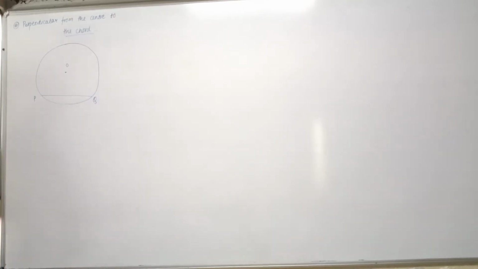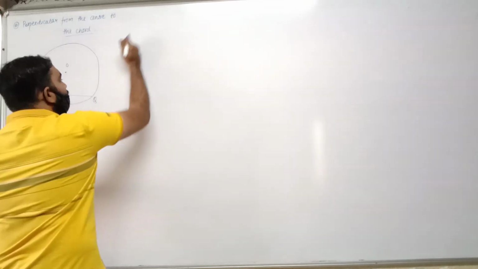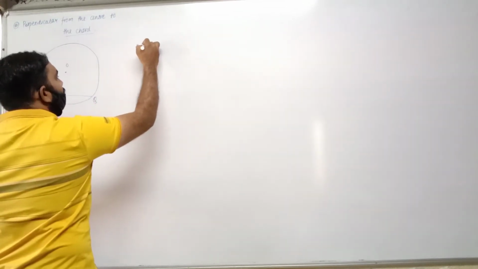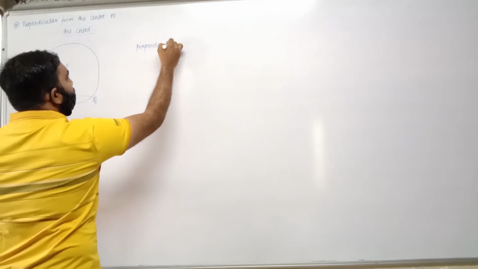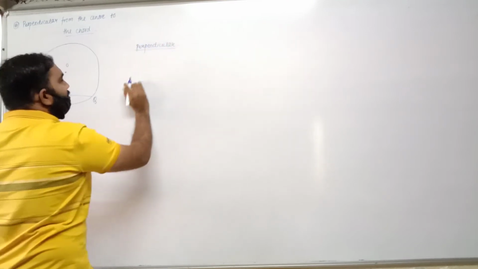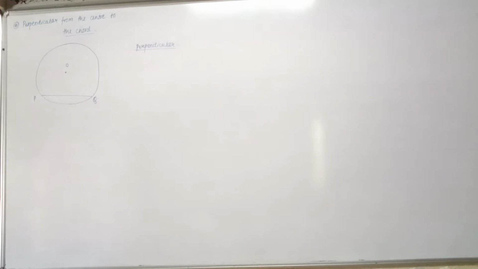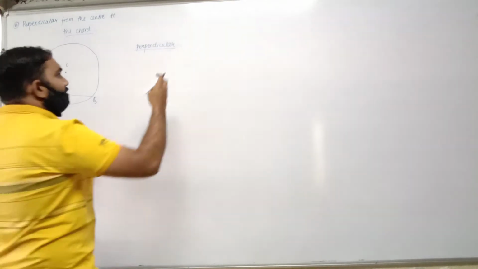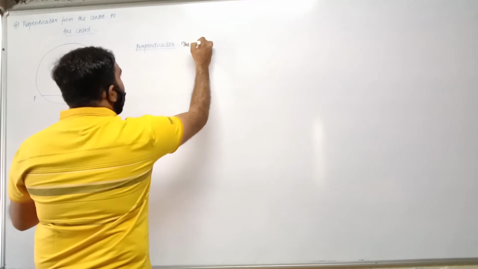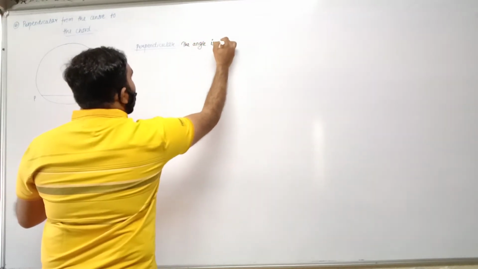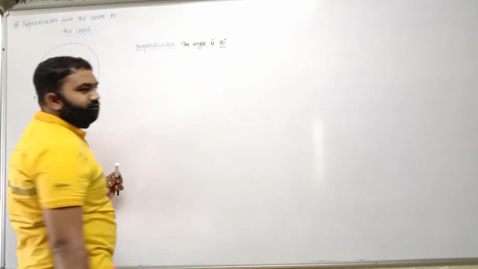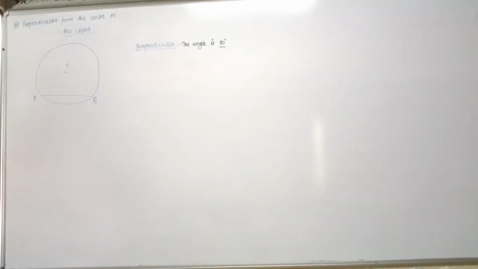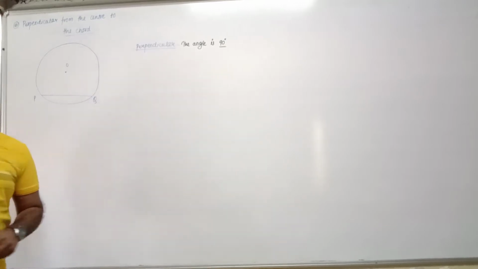We can draw a perpendicular. What is perpendicular basically? First of all, can you say what is perpendicular? What do you mean by the term? Perpendicular basically means that the angle is perfectly 90 degree. You know what is 90 degree? Right angle. The angle will be perfectly 90 degree. That means angle, but angle between what?